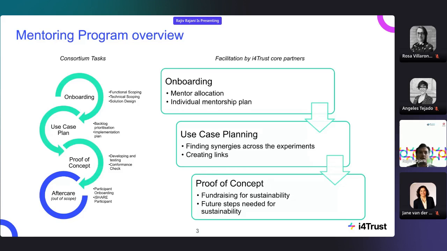The final stage is aftercare, which is beyond the scope of this program. However, some steps like sustainability are related to this, and you would already start thinking while developing the MVP about how you would go about things after the mentoring program is over, and there you might need certain support from us if that is necessary.